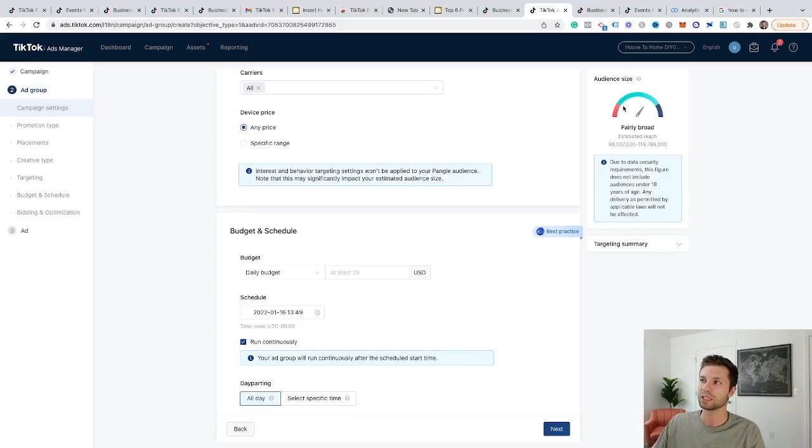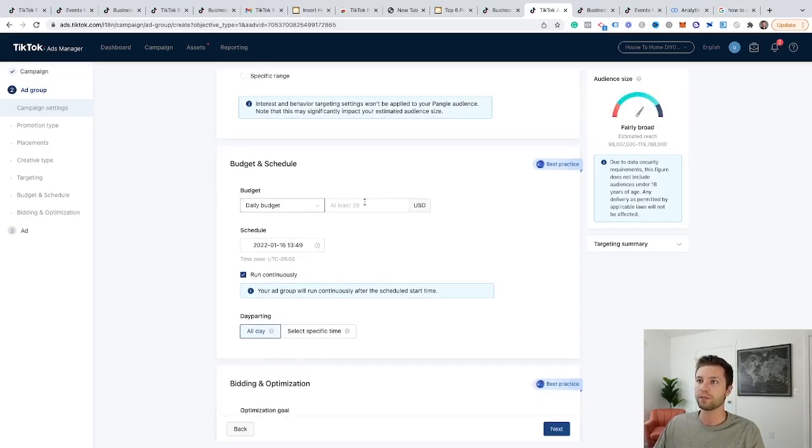I don't like it to be towards this end, and I don't like it to be towards this end. I kind of like it to be somewhere in the middle. That's where I tend to find the best results. Last thing that we have here is the daily budget, and this is where you can do at least $20